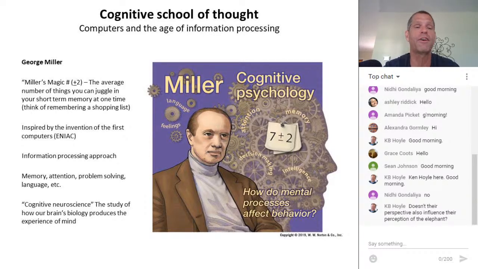Well, it turns out this fellow named George Miller discovered that human beings, what he called digit span, or the number of things that they can keep in their short-term memory, is about 7 plus or minus 2. So people can generally remember from 5 to 9 grocery items walking in the store without having to write them down on a piece of paper. Now, cognitive psychologists study stuff like memory, attention, how we solve problems. Cognitive psychologists even try to explain how we develop and use language. So that's sort of the third broad approach to studying the human being.